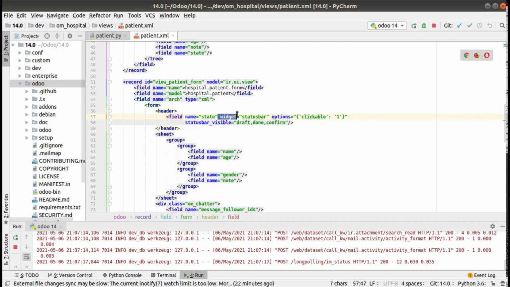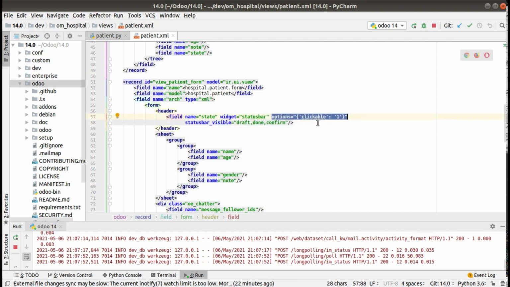Don't forget to give widget status bar, and if you need to control the states by clicking on that one, you can add this option, that is options clickable equal to 1, and using the status bar visible you can add which all values have to be visible inside the status bar.